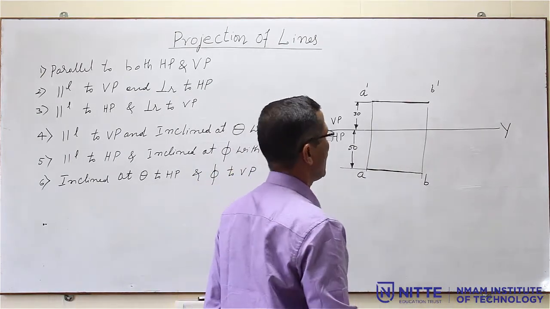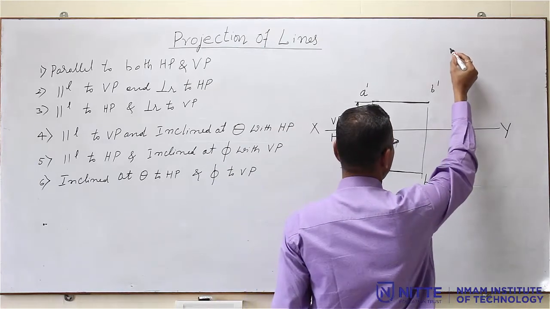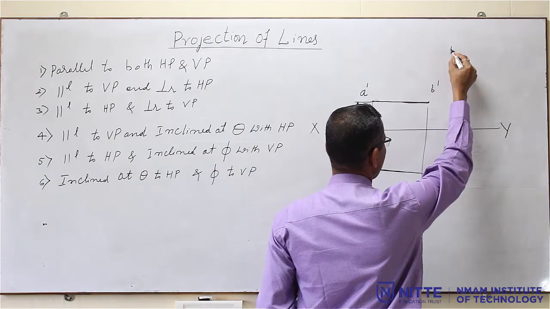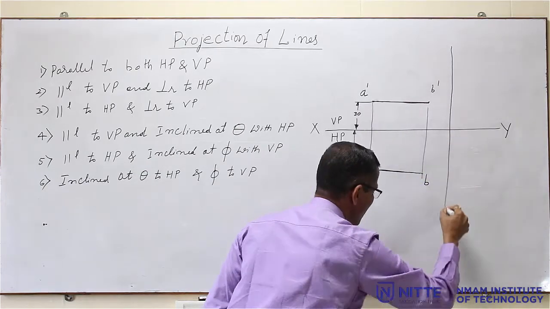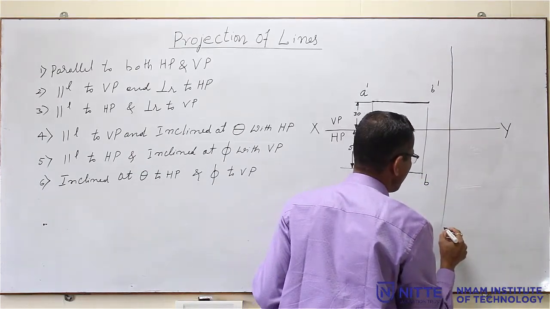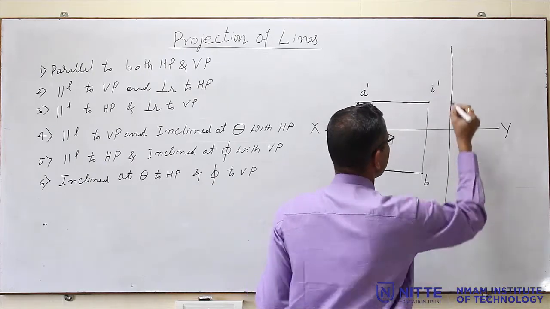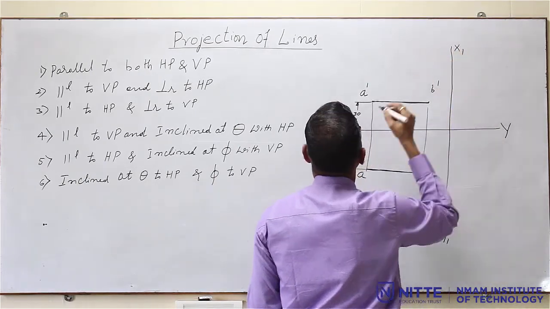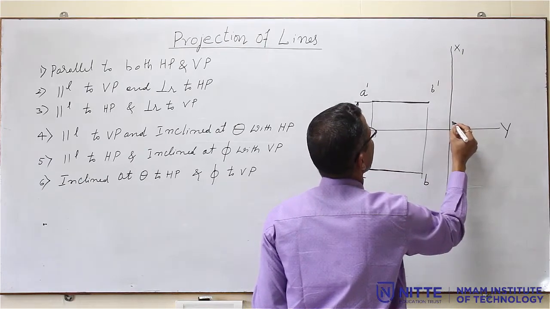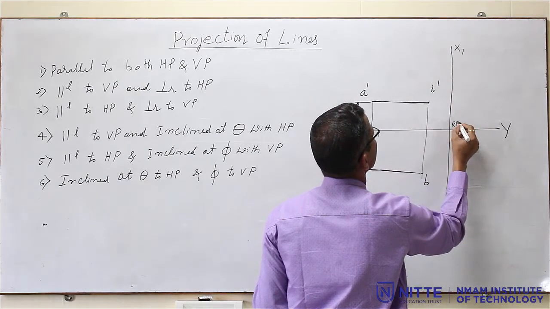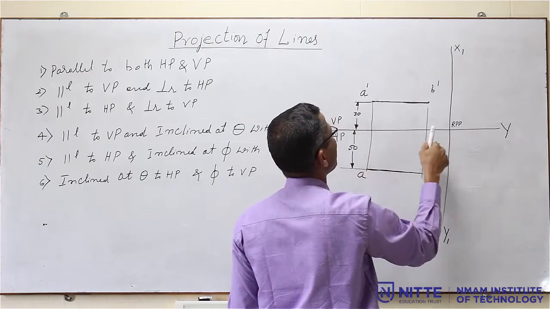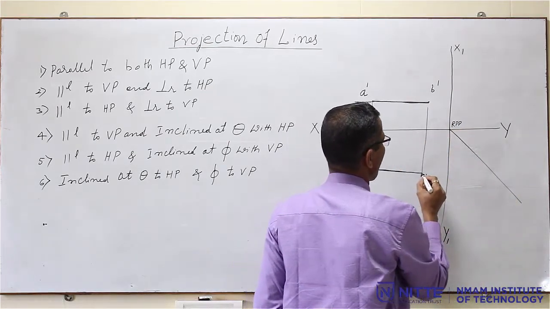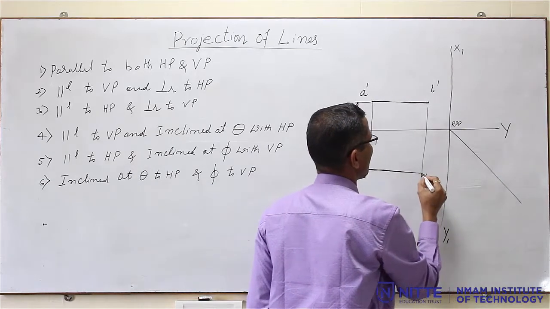So, this is the top view. Now, I have to draw the profile view. The same procedure you followed for the points, you have to follow. Draw the X1, Y1. Here also they may give the RPP or LPP. If it is not given, you can take any. So, this is X1, Y1 and the profile plane RPP. Then adjacent to HP, draw a 45 degree line. Then project the top view to the 45 degree line.